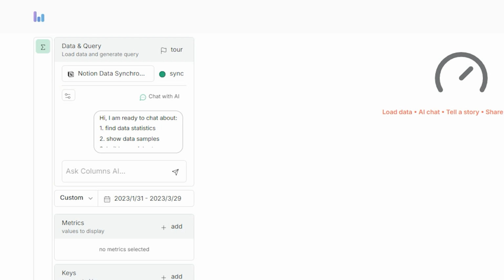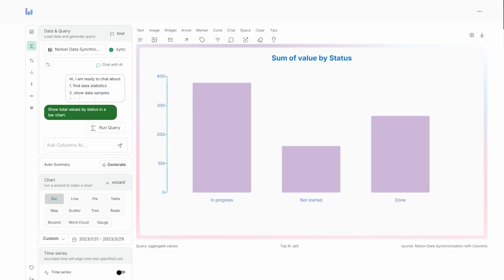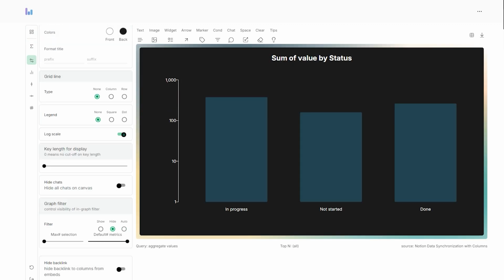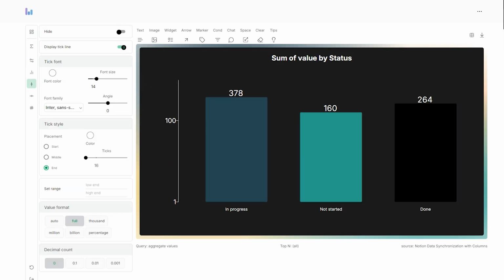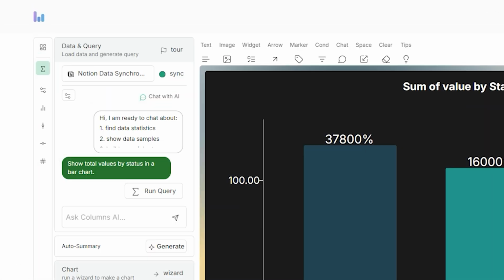I've got a prompt ready. Show total values by status in a bar chart. Let's hit Enter. Click on the query to run it. Voila, the graph is ready. Check it out. You can customize your graph using various styling options. Look at the difference. Once you're happy with it, click on this button and select Save to save your masterpiece